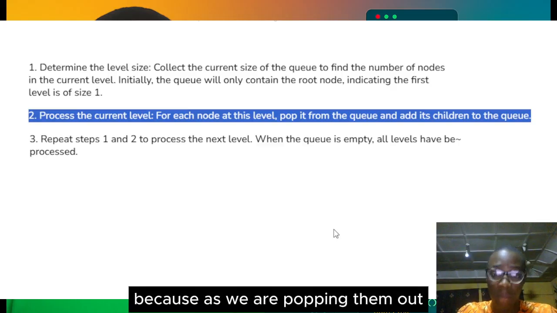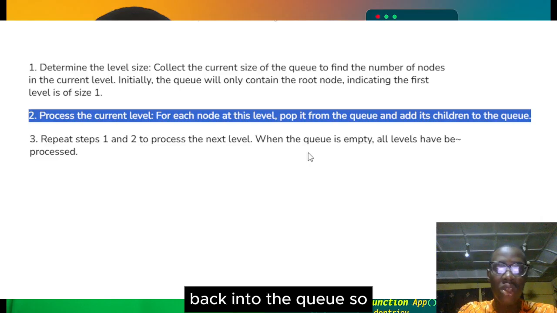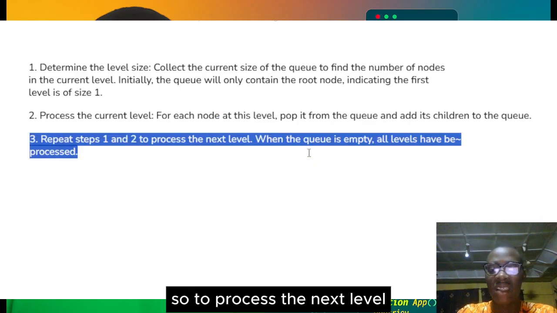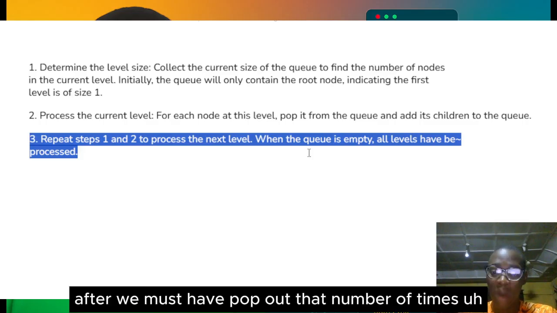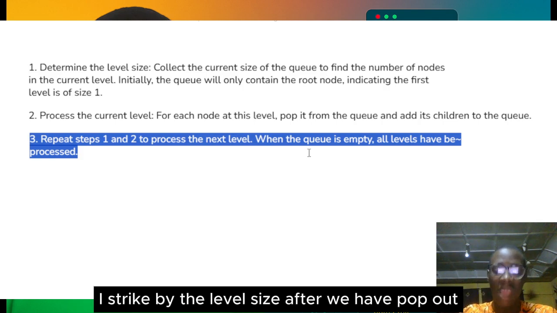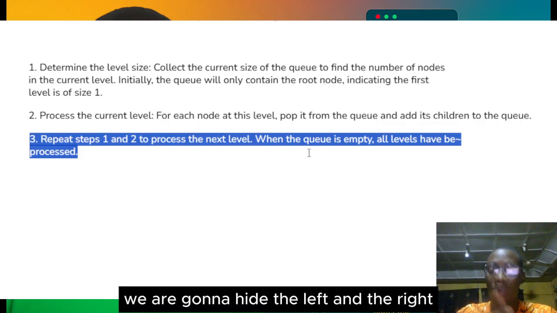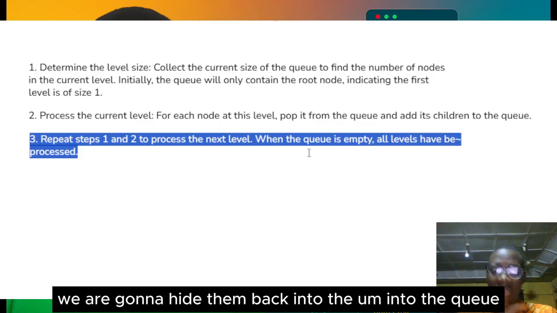Why? Because as we are popping them out, we are actually adding their children back into the queue. What we do is just repeat step 1 and step 2 to process the next level. What we mean by that is, after we have popped out that number of times as tracked by the level size, we are going to add the left and the right, I mean, the children of those nodes that we popped out. We're going to add them back into the